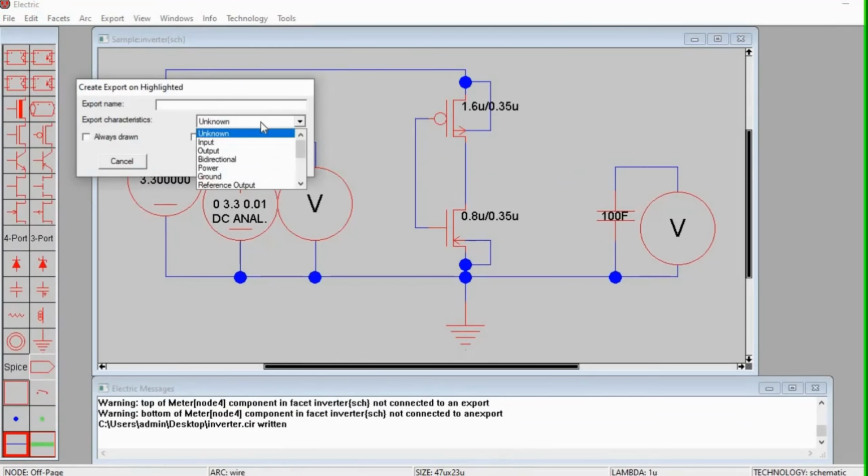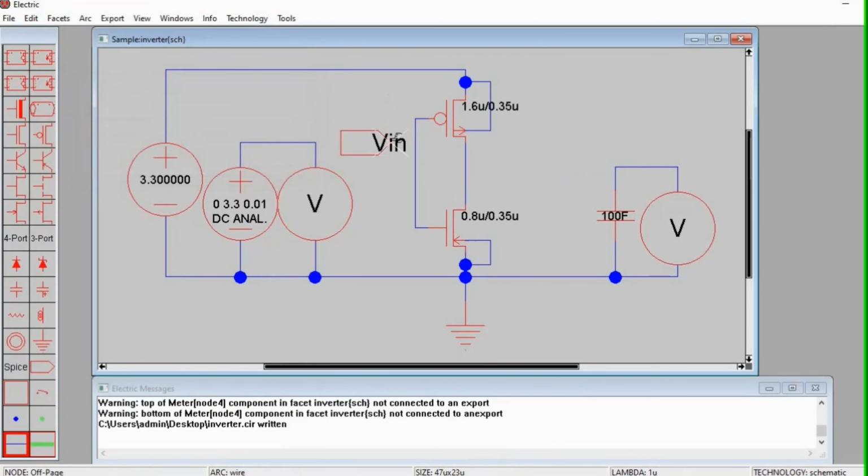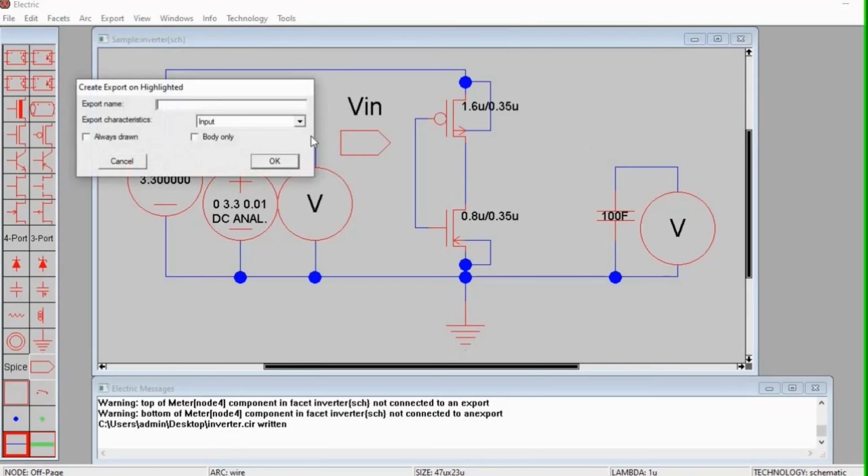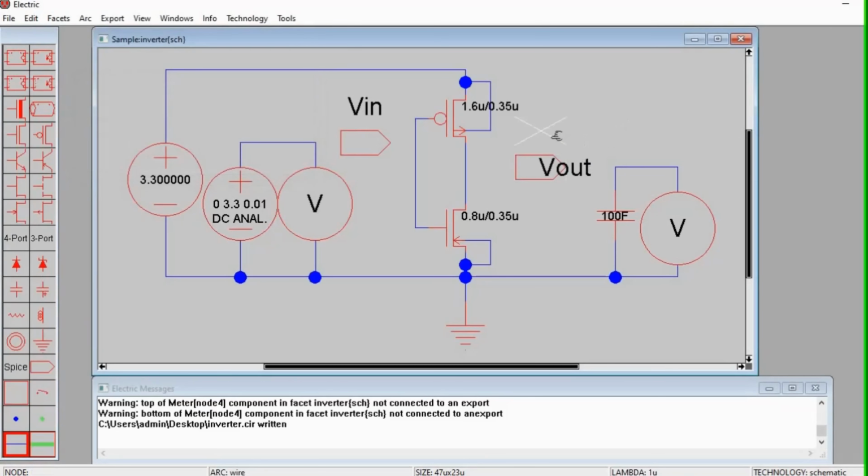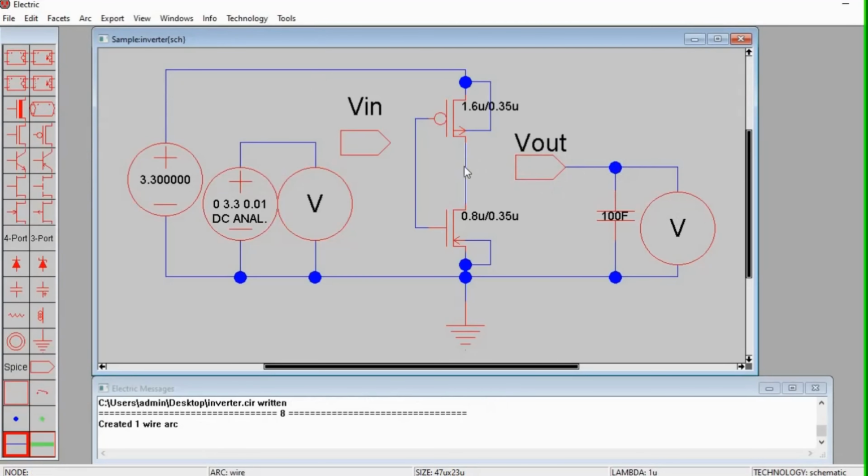Select input, rename it as VIN, and on the output, select output and VOut. Connect that to your circuit.